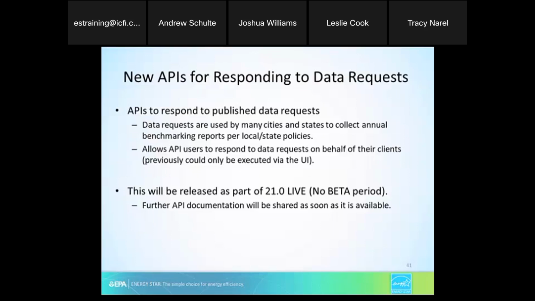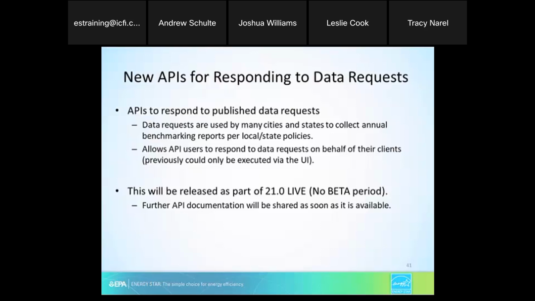This is a primary mechanism by which states and local governments request and then collect their annual benchmarking data per their annual policies that they have in place. So I know a lot of you are out there helping your clients become in compliance with these policies and requirements. This API will allow you to go through the full data request response process from soup to nuts,